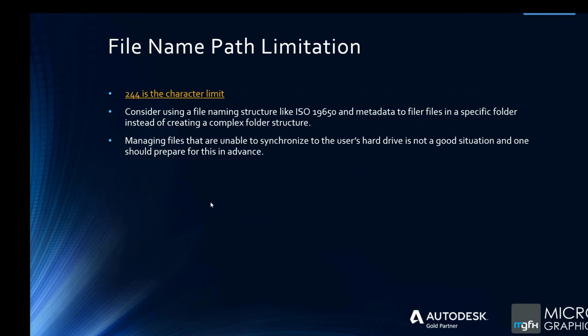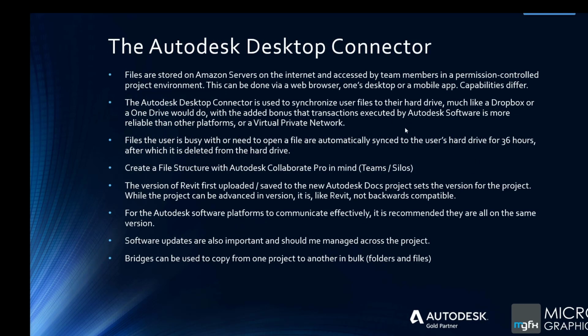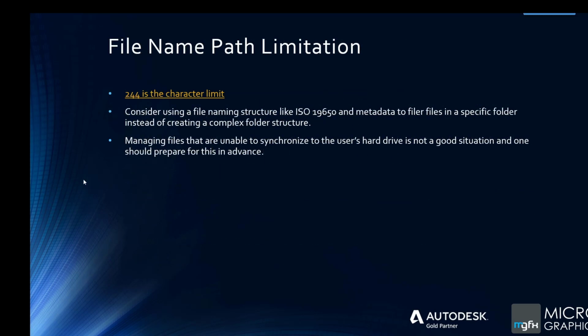All right. The other limitation, which I haven't expressly mentioned here, are things like point clouds. All right. So you would see that on the previous slide that the information is only available for 36 hours unless you open that file again. Now, unlike Dropbox or unlike OneDrive, you can't tell a very large file that it must stay synchronized with your computer beyond 36 hours. So on the civil side, if you are using point clouds, which might be a few gigs inside, if you only open the file after